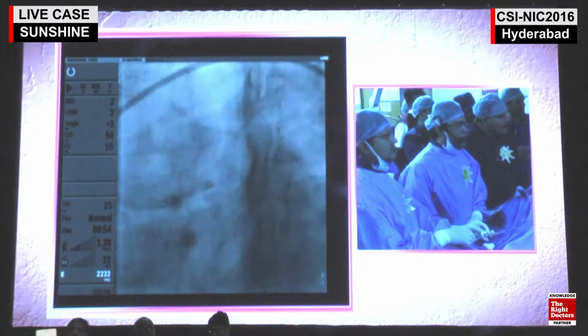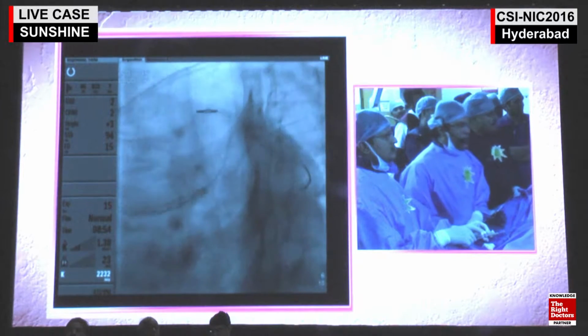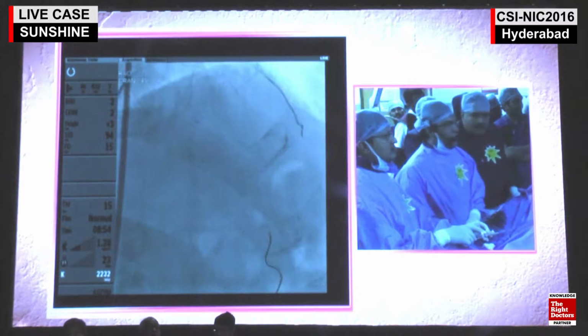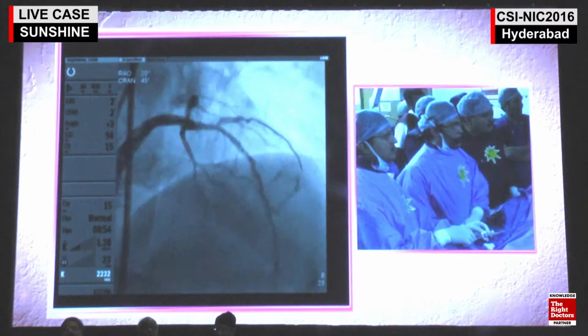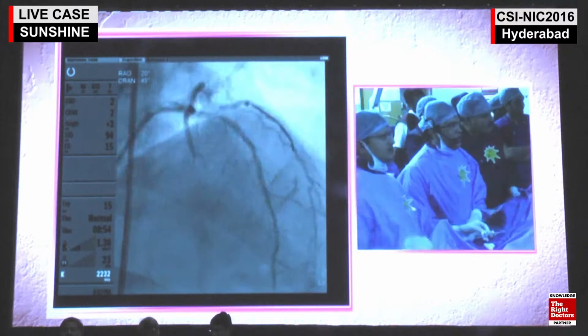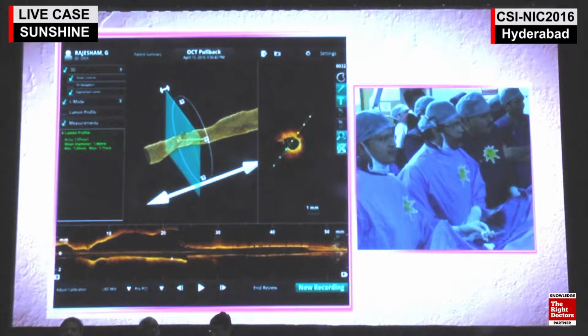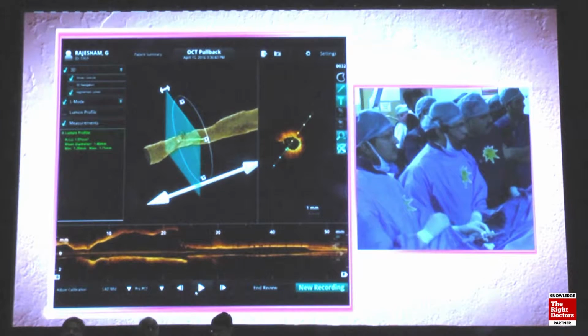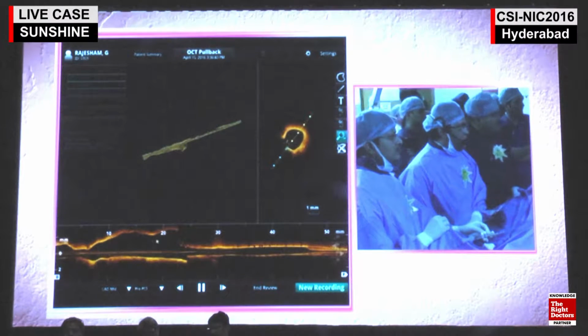We did the OCT study of the LED run, which showed 1.7 square millimeter, very, very tight stenosis of the LED also. We'll show the OCT run. A 3D reconstruction of the OCT was done.